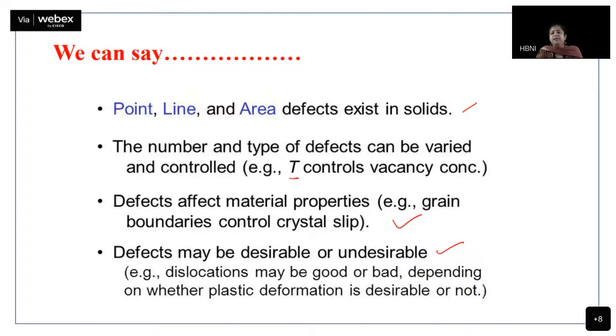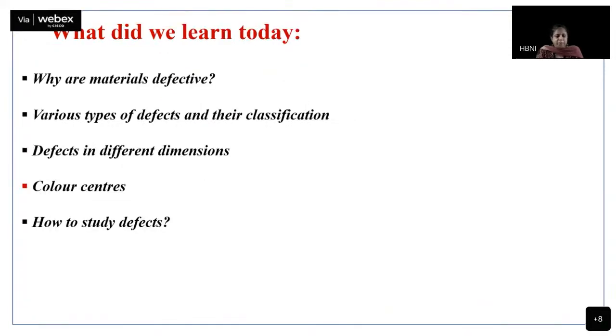They are desirable, suppose I want to have a color from my material, and my point defects will go and form electron levels between my valence and conduction band. So they are providing me a path which actually lies in the visible region. I might be able to see the color. So they can be desirable or undesirable depending on what you want from that, right? Okay, it is all about us. If a property is good to us, we are happy about it. If a property is not good to us, it is undesirable. We are not happy with it.